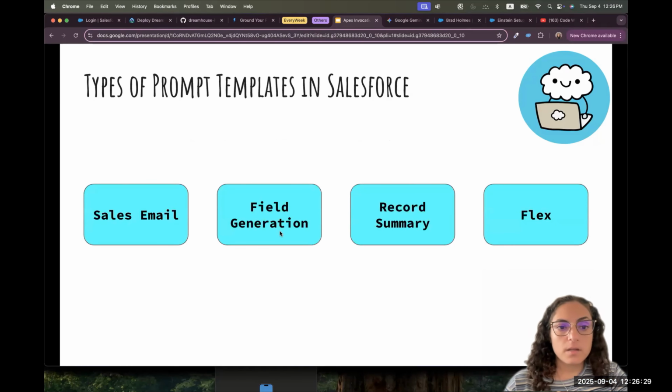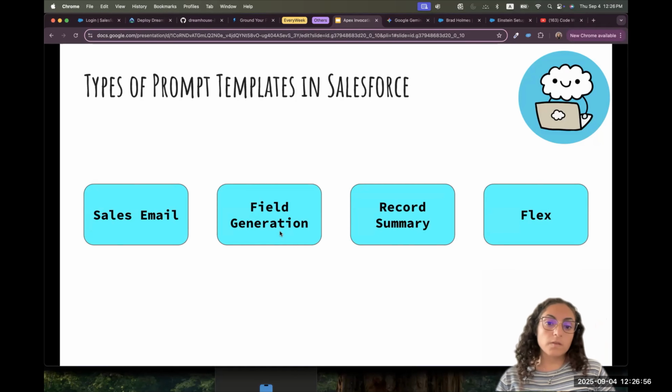So next, at the beginning, we had only those four types of prompt templates. Prompt template types are specific types that Salesforce is providing or allowing us to use, and each of them will be accessible to be used in a certain way or in different spots in Salesforce. So with the types,